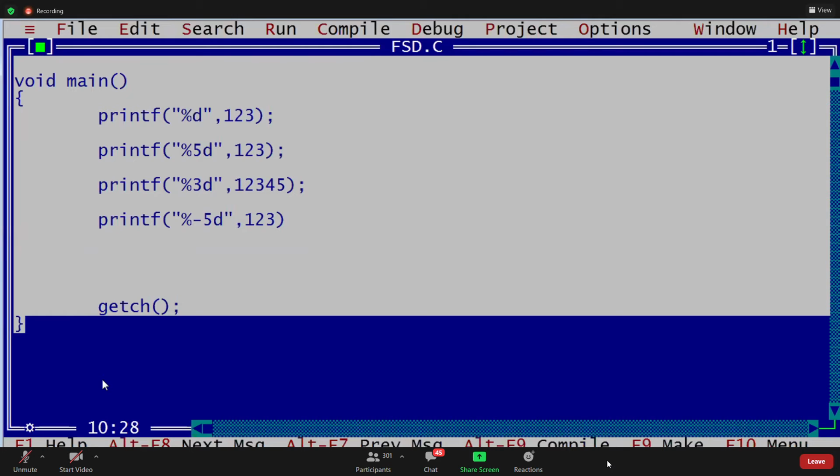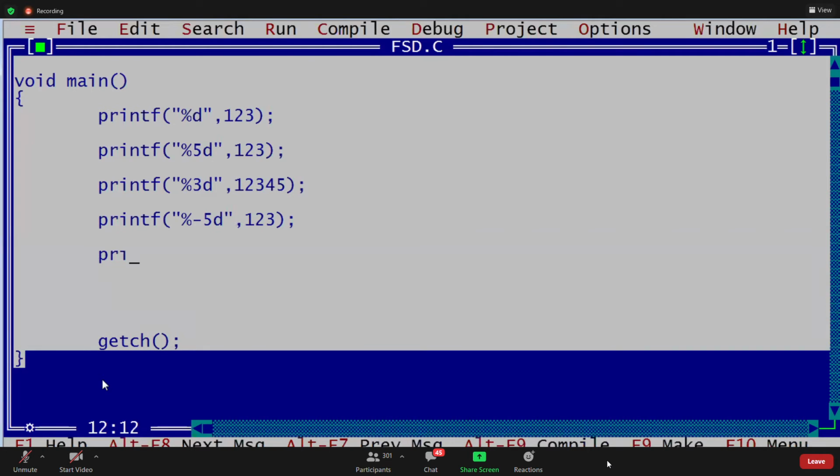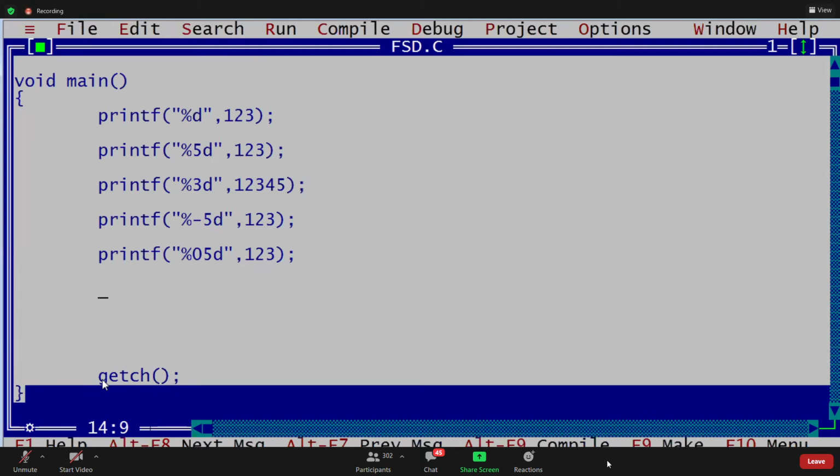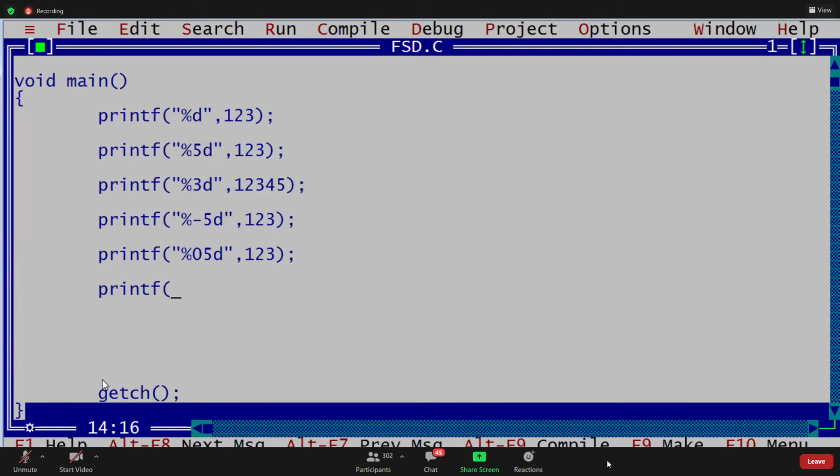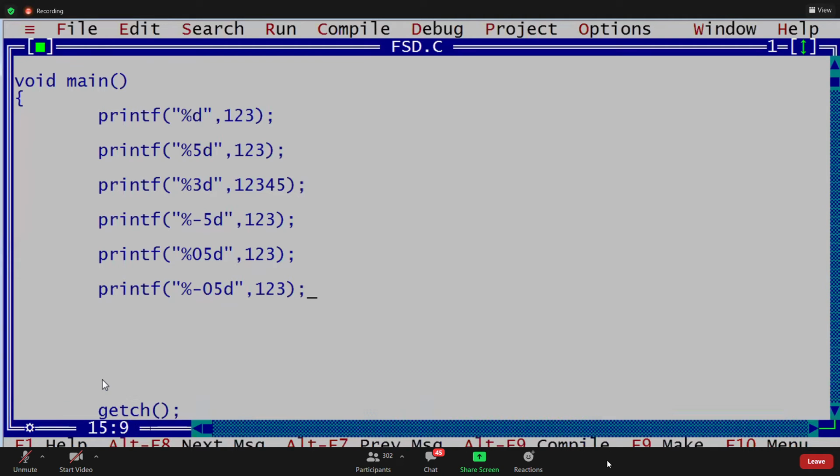Guys, one by one printf statements we execute. Printf of percent 05d 123. Printf of percent minus 05d 123. Yeah, next one is what, guys?